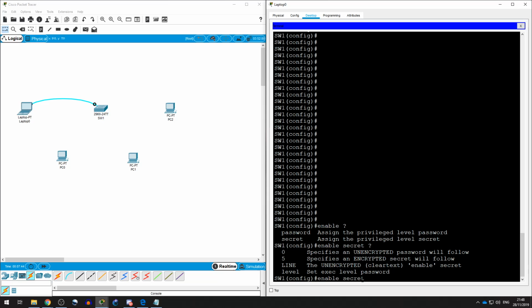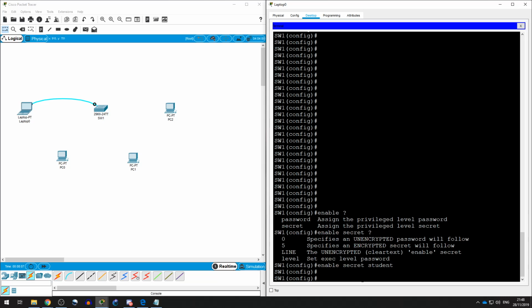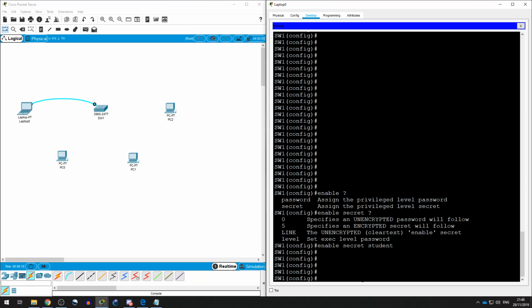I just press question mark. Not for me, because I've never really looked at this part. But we just want to give it a password. So enable secret. I'm just going to go with student, because you are my students and I am teaching you. So enable secret student. Boom. That's it. We're done. Now if I do show running config,